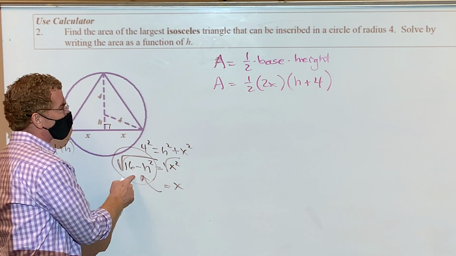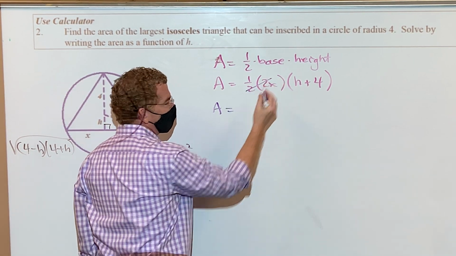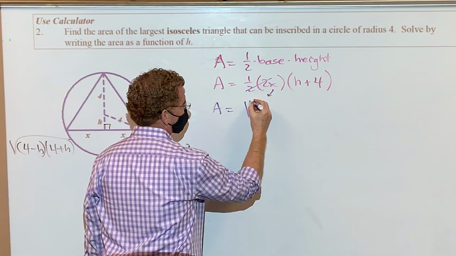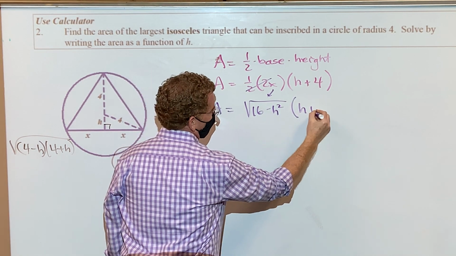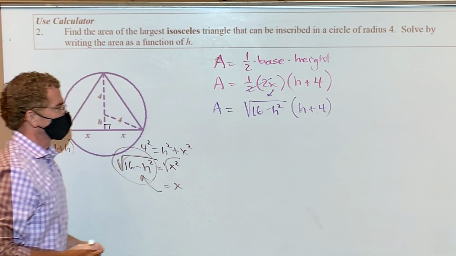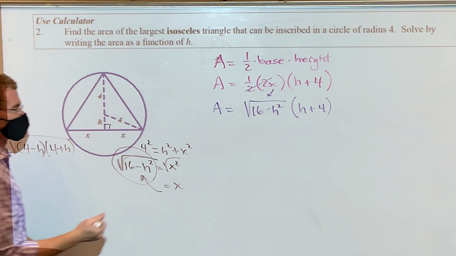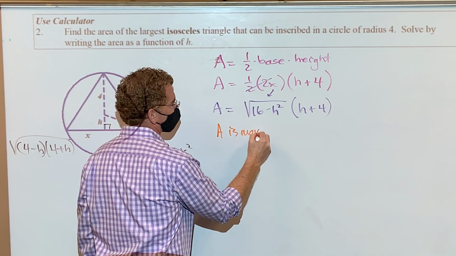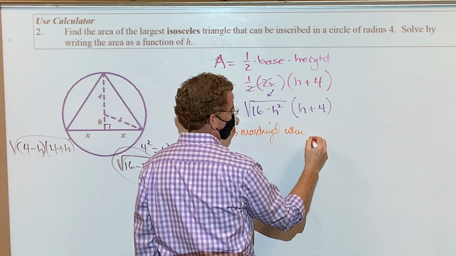So there's my x. I'm going to plug in right here. And if you wanted to cancel that 1/2 and the 2, I think you're all pretty comfortable with that, right? So I'm going to replace this with the square root of 16 minus h squared, times h plus 4. And at this point, I can start the process. So, what are we going to say? Area is maxed or maximized when,